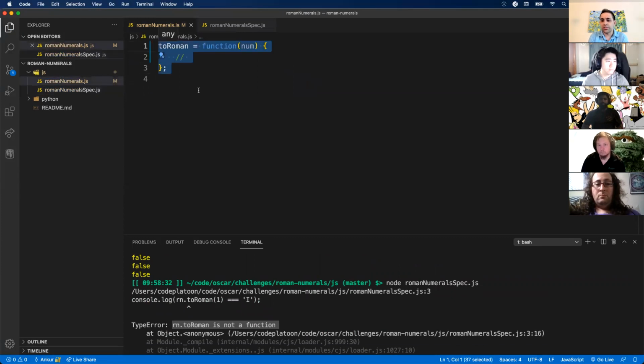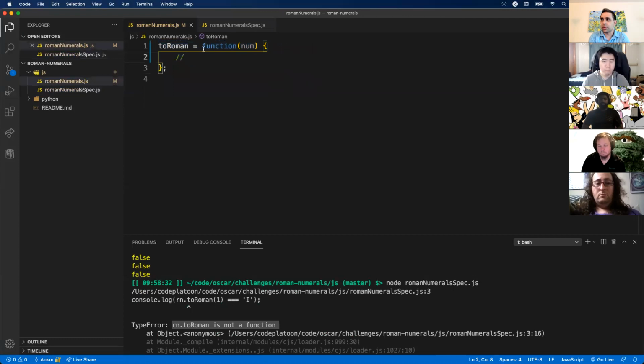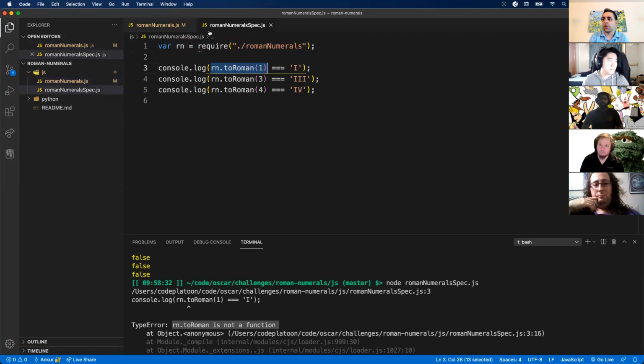The reason you will see this error is because this file, my Roman numerals spec file, doesn't have access to this function because we never export it. So this is a function that's only available in this specific file. But if you add the exports object here, now we're basically creating a toRoman property on this exports object so that it will be available in